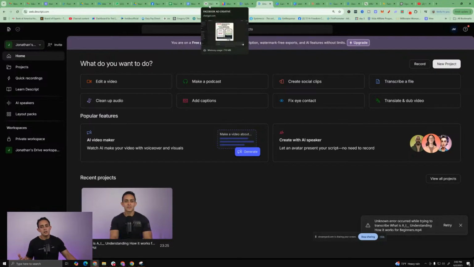Now I do have an editor, so I don't use it every day. But if this gets to the point where this is matching the quality of my editor, it's going to be one of those things, right? But I love my editor. He does a great job. But this is a very, very powerful software.